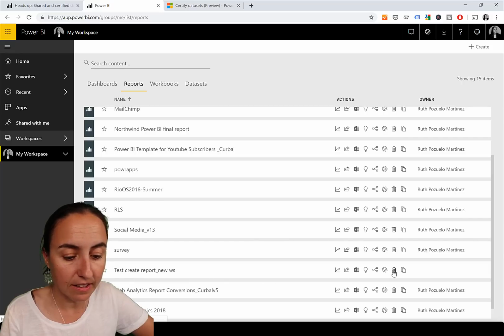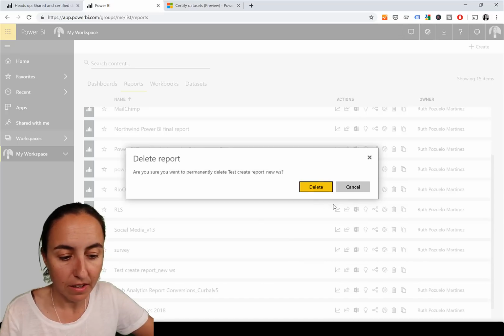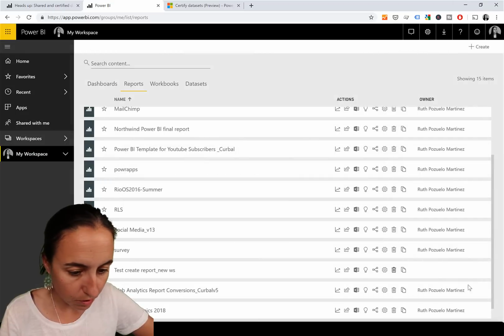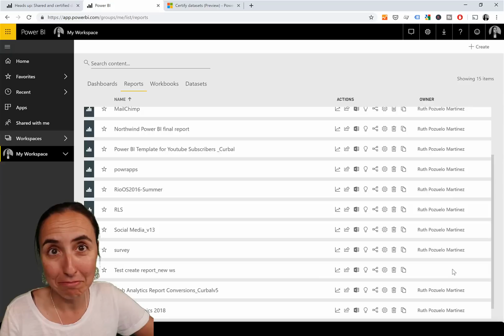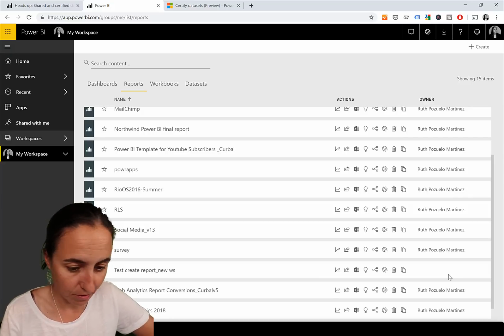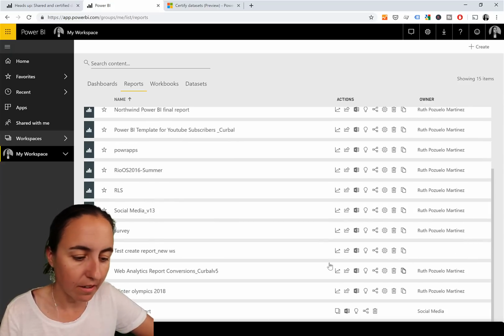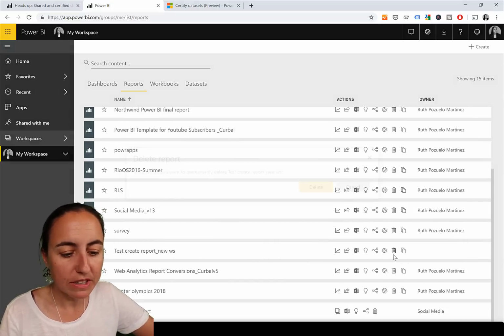If I delete this, I can obviously delete it, it's no problem. Well, maybe you can see it because there is no owner. I can see it here. No owner, it means that it's a shared. It should have an owner. Why doesn't it have an owner? Okay, so that's another thing. But if we delete that,